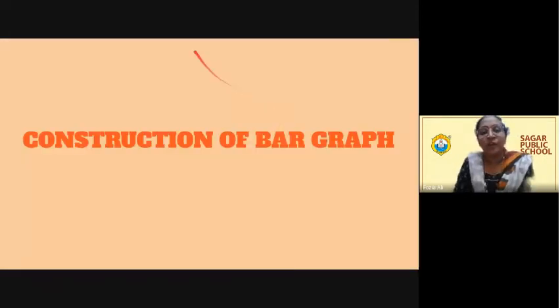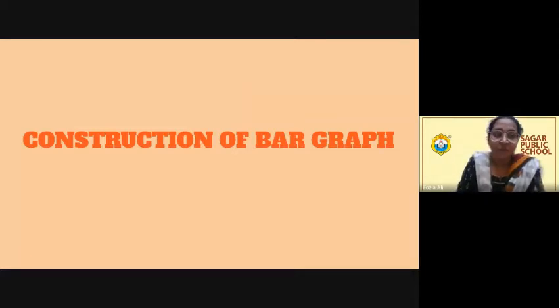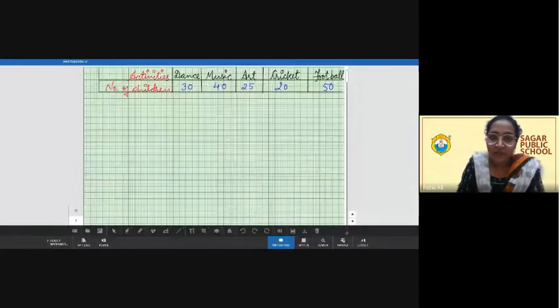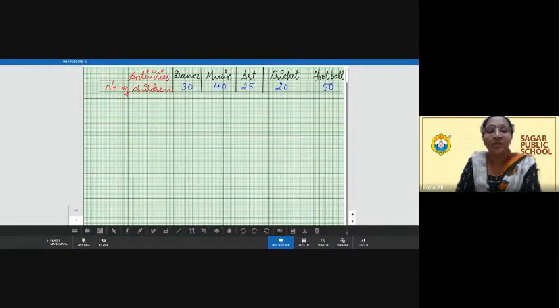So now reading of bar graphs is done. Okay, now we are moving to the next step, that is construction of bar graphs. So I'm sharing my screen. You can see we are going to construct a bar graph, and the tabular data or the information which is